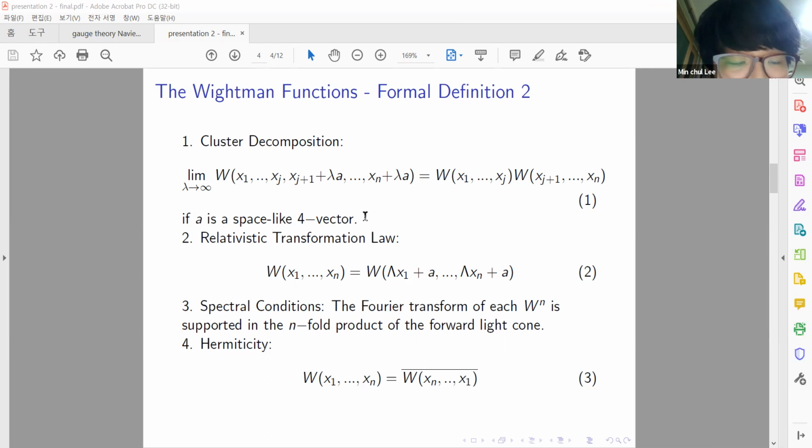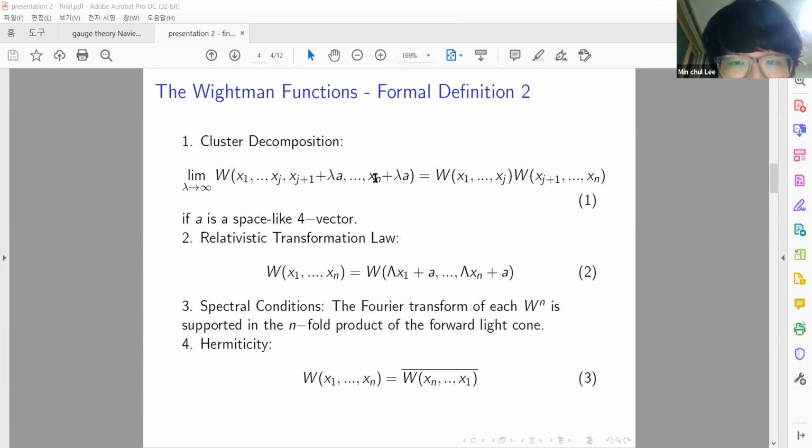Even light cannot convey information from the origin to this space-time point a. And the cluster decomposition property means that if a is a space-like 4-vector, then